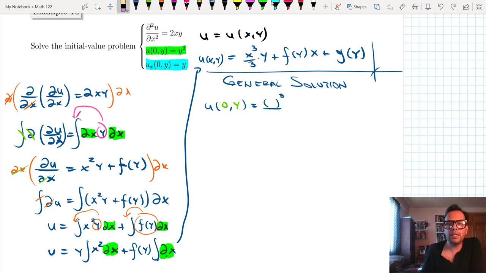I'm going to keep y in blue because that doesn't change. The only one that changes is the x. It becomes 0, and that's